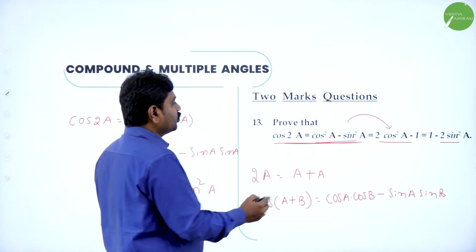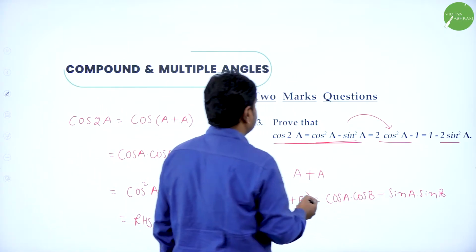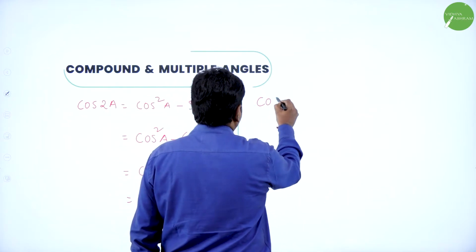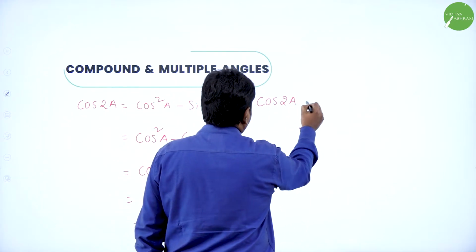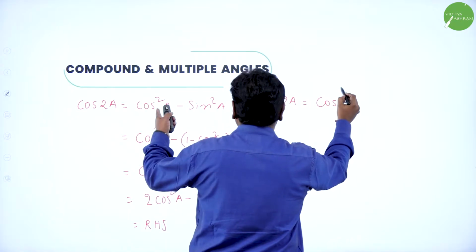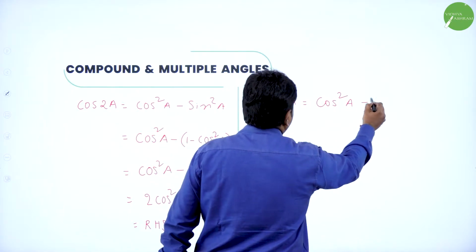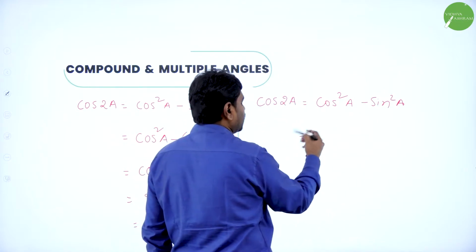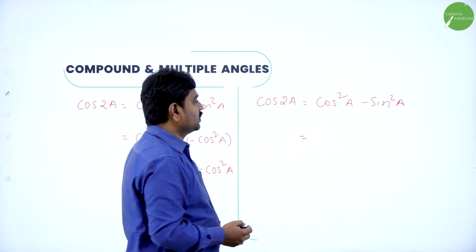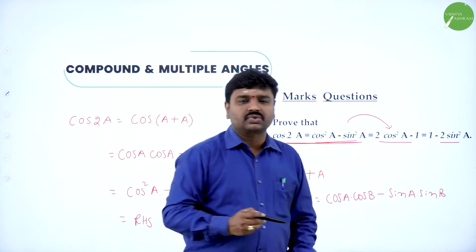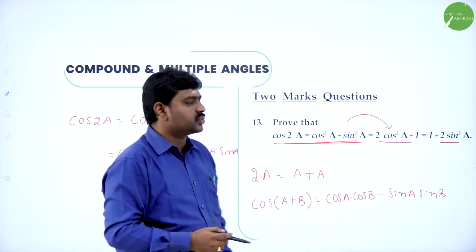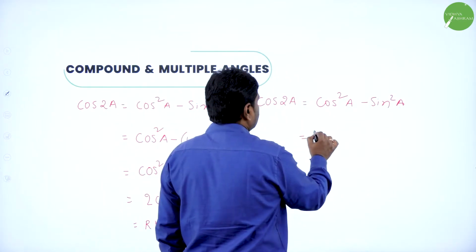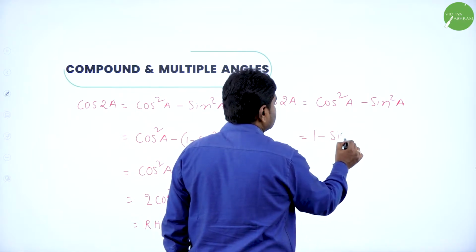Similarly, they want you to prove cos 2a as 1 minus 2 sin square a. So same cos 2a we'll take, and we already proved cos 2a as cos square a minus sin square a. I'll use this. And now cos square a, convert it into sin square a, because RHS is what? 1 minus 2 sin square a. Means all the functions you convert it into sin. Here we have cos, you know cos square can be written as 1 minus sin square.